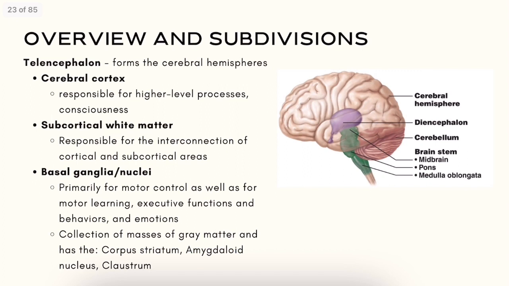Now let's move forward to our telencephalon. So the telencephalon forms the cerebral hemispheres. We have our cerebral cortex, which is responsible for the higher level processes of our brain, and also responsible for our consciousness. We have next our subcortical white matter, which is responsible for the interconnection of cortical and subcortical areas. And we have our basal ganglia or basal nuclei, which is primarily for motor control as well as for motor learning, executive functions, and behaviors and emotions. And there are collections of masses of gray matter here, and it will have the corpus striatum, the amygdaloid nucleus,